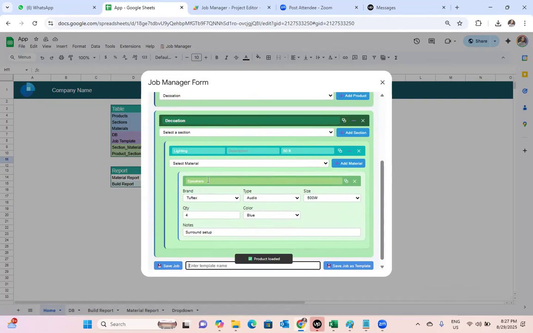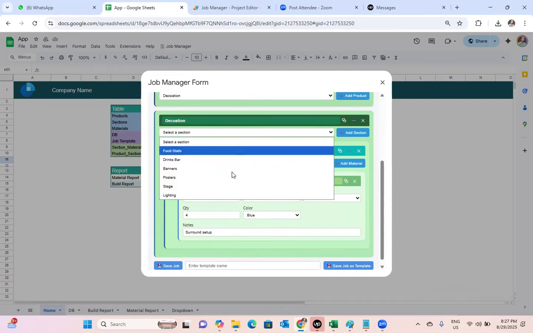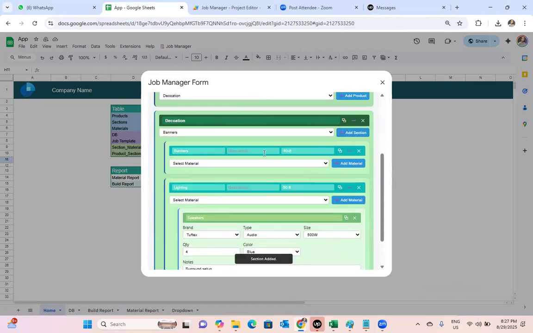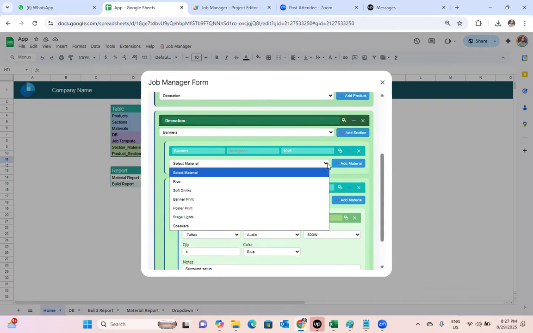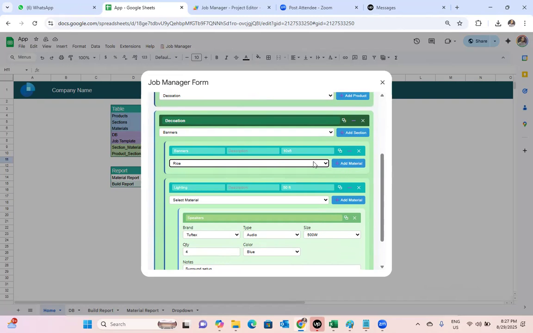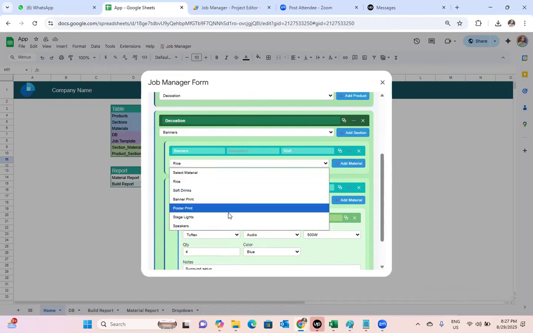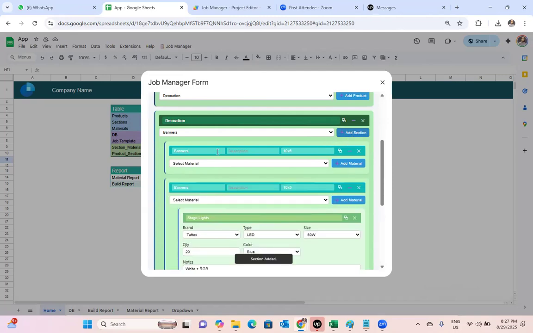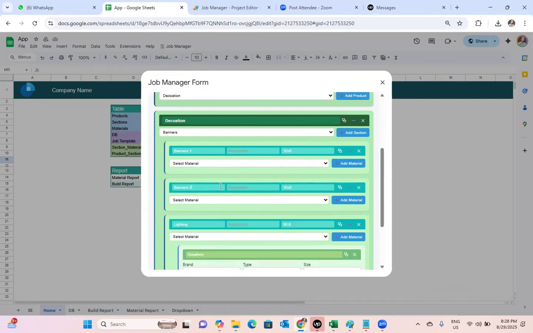You can see here the pre-defined product details are loaded. From here, if I want to add some sections, I can add like banners. Click add. So this is the banner section added. In the banner, I can add other things like stage lights. Click add, and I can modify all of those. I can add another section, which I can make, like say banner one, and this one banner two,